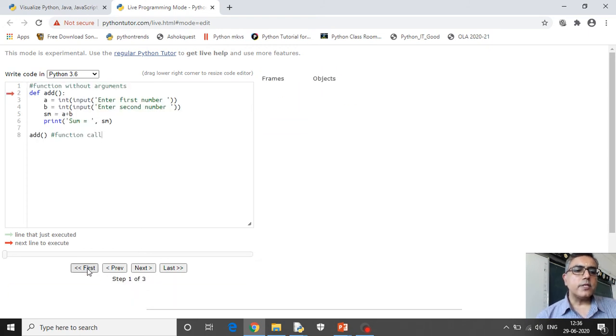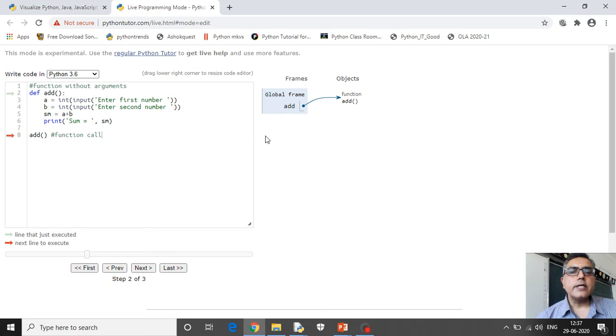I will move on to the first statement. First statement was a comment, in the second line you have the function definition. If I click on next, again the next unindented statement, that is the next statement in the main area, is add.